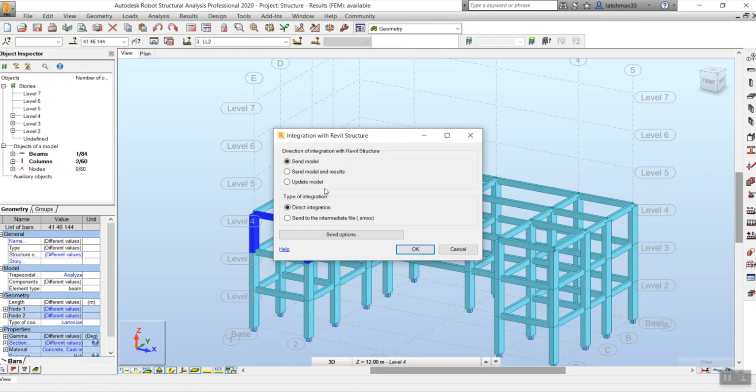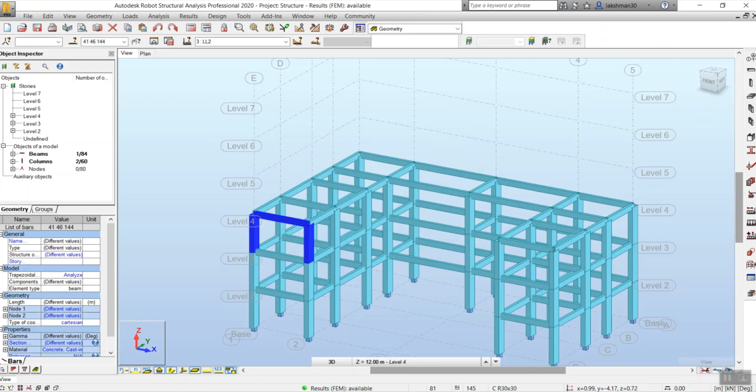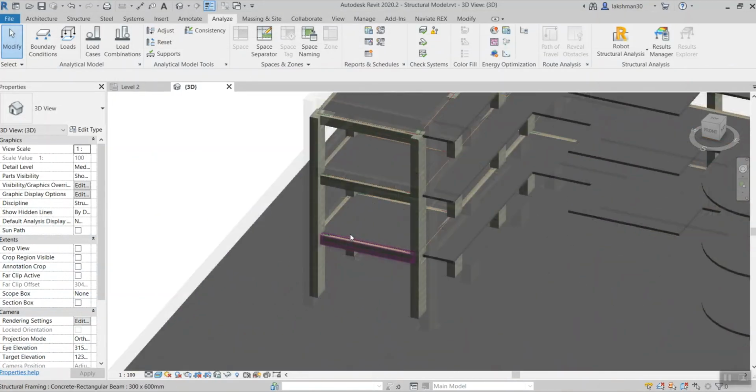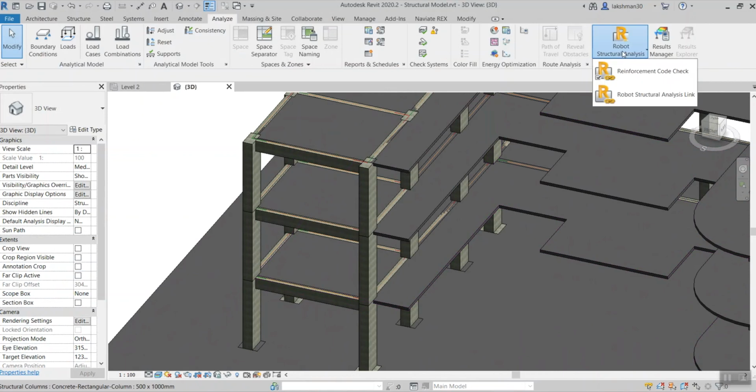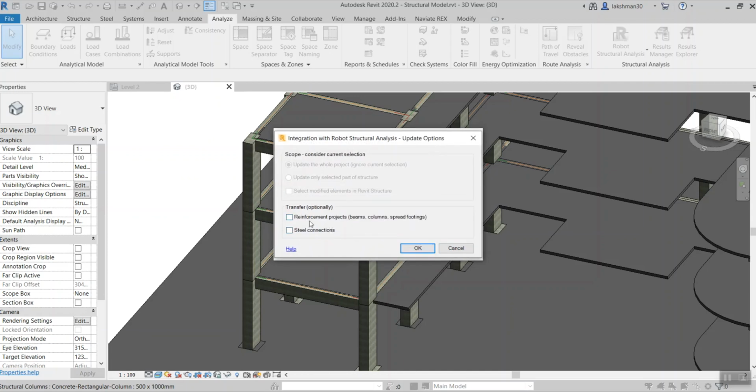I'm going to send the model and results to Revit Structure. Or otherwise, go to your Revit. Here you can come to this model and update model and results. In the update option, reinforcements. I want my reinforcements back here.